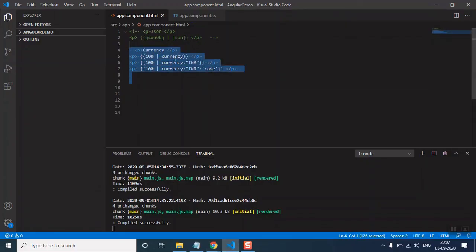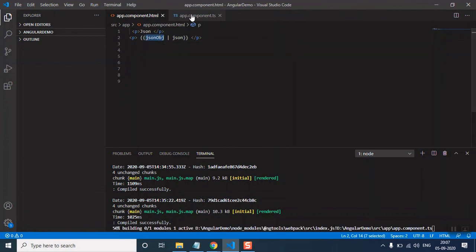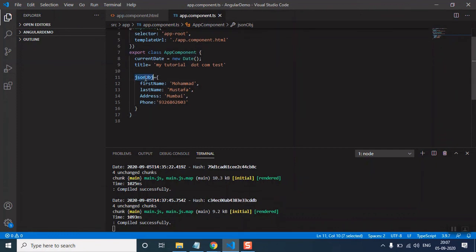The last pipe we have in this lecture is the JSON pipe. So let's uncomment this code and understand how the JSON pipe works. This is the JSON object that I have created in the component, and it holds some properties like first name, last name, address, and phone number.